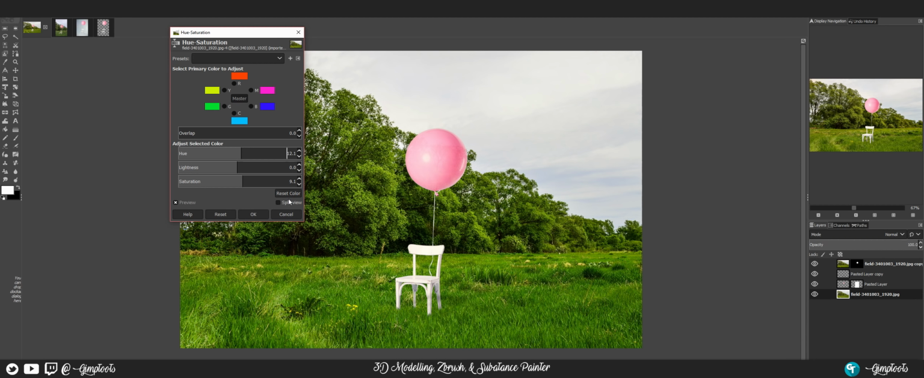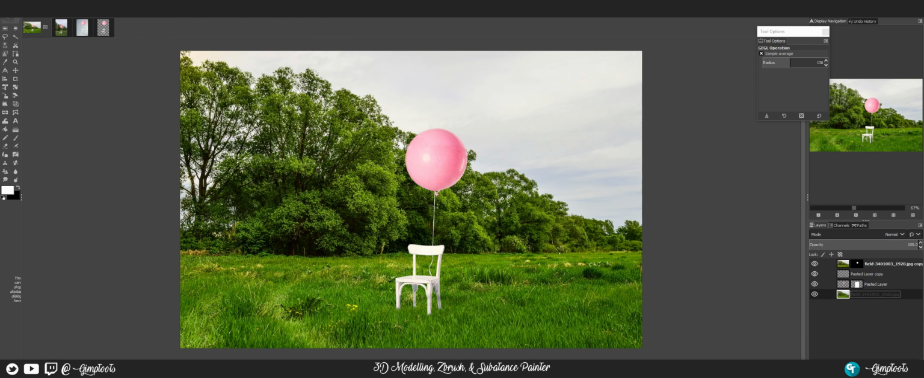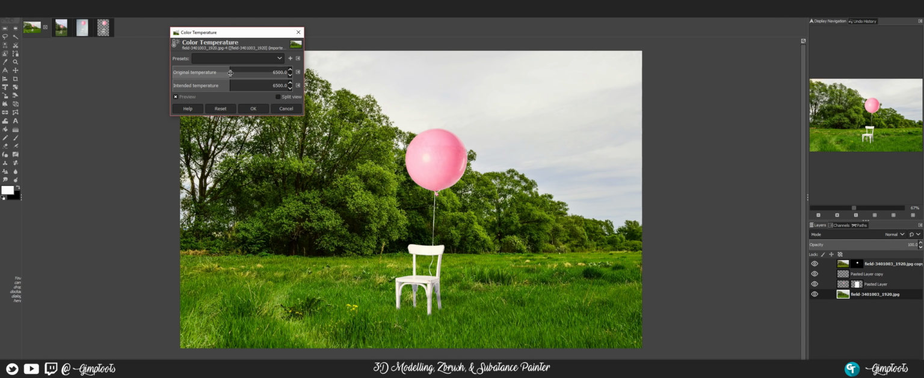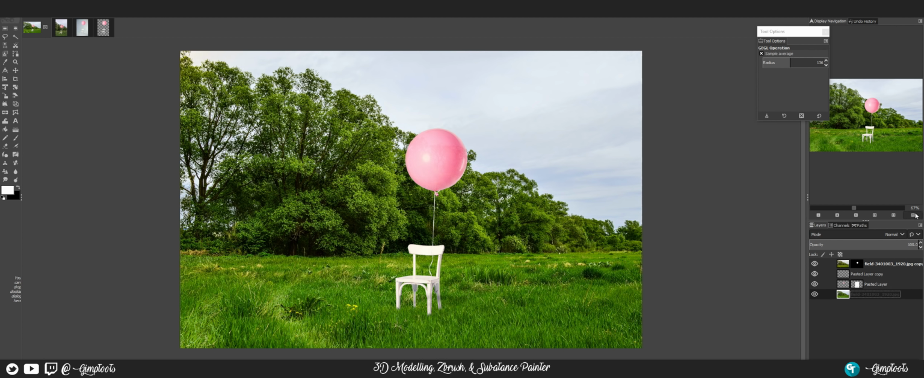Something like that. That looks pretty good. I'm going to press OK. Then I'm going to go back up to colors, and I'm going to do the color temperature, and I'm going to make it a little bit cooler of an image, and then I'm going to press OK there. The next thing that we are going to do is we're going to come back to this chair layer,